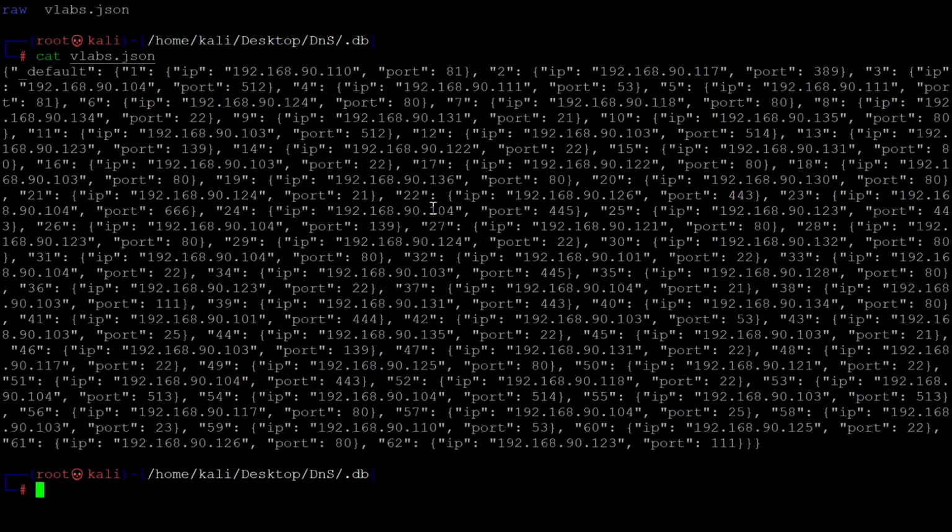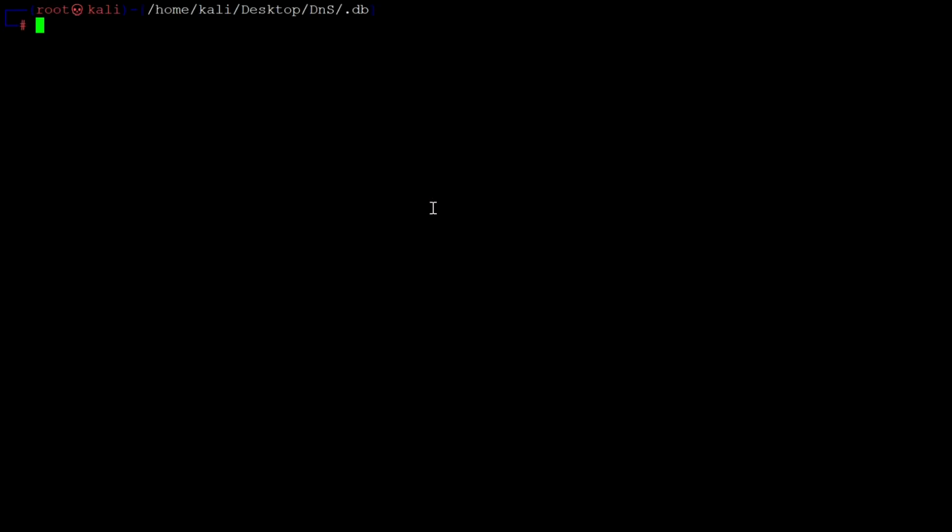There is a neat way to view what ports are connected with what host and what the discovery status is. What we can do is just give this command and see. And one more thing I forgot to mention here, sorry about that: the top ports option. Basically this is the same as Nmap's top ports option, and we have to give a numerical value for that. So we are providing that.